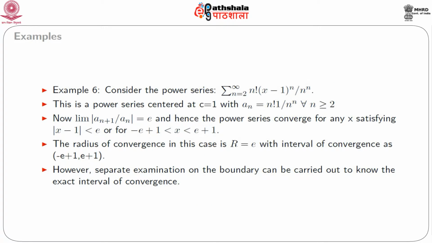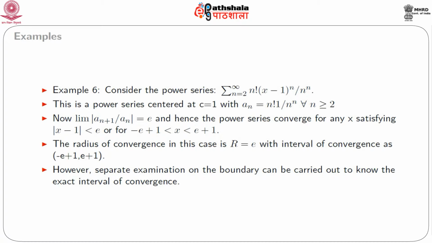Consider our next example, the power series summation n from 2 to infinity of n factorial (x-1)^n divided by n to the power n. So this power series is centered at c equal to 1 with a_n as n factorial divided by n to the power n, which is defined for every n greater than or equal to 2. Now if we take the ratio a_(n+1) by a_n, we get the limit of the absolute value as e,